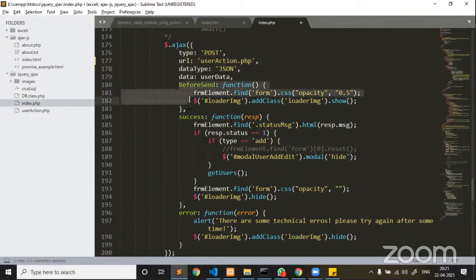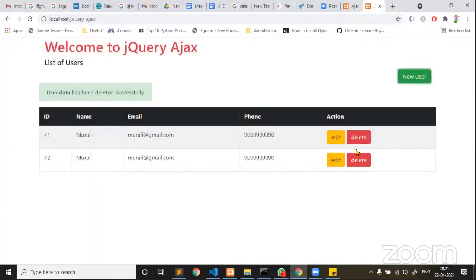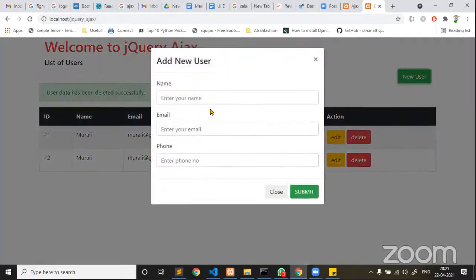And before send is the one that is going to allow us to display the loader images. Loader is nothing but an engagement activity. Now you see, for example, if you click on new user, I am adding some data.